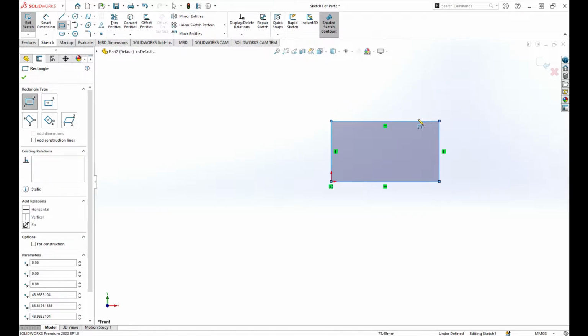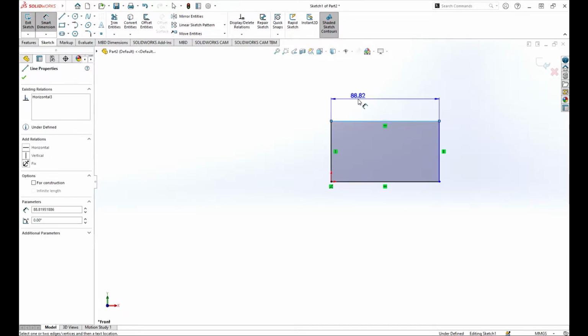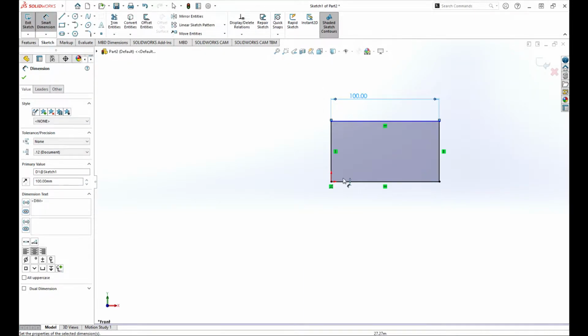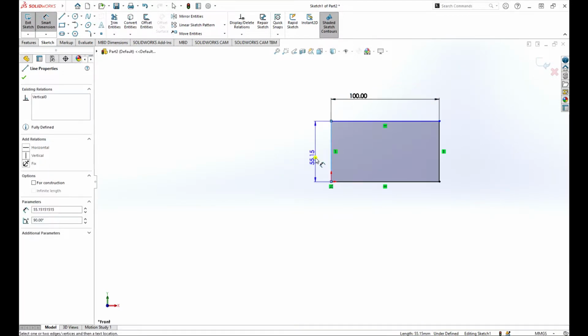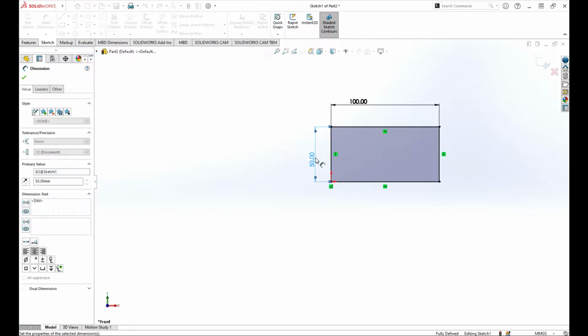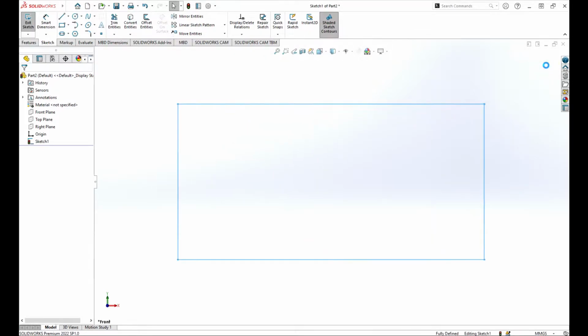Let's say we take a corner rectangle and decide to add some dimensions here, for example 100 by 50 millimeters. Once we complete the sketch, or exit the sketch,